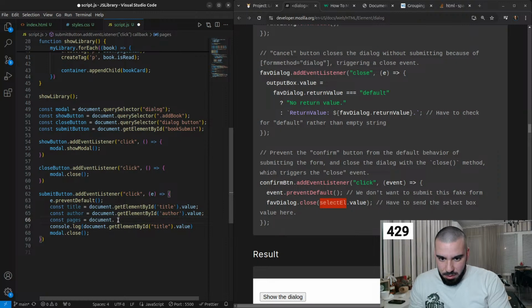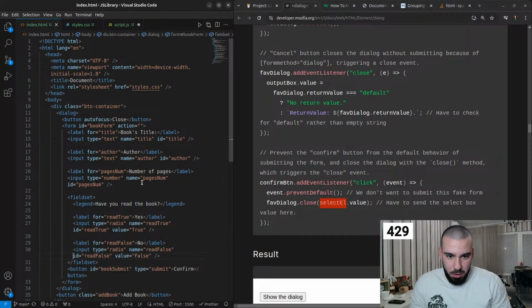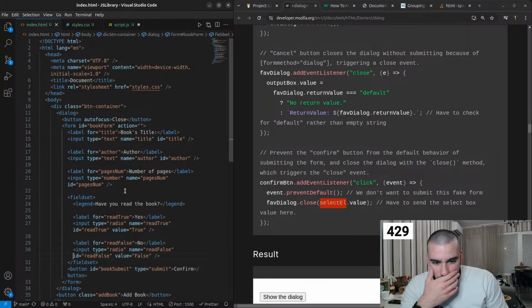Alright, document. To get the pages, again, get element by ID, and is it pages num? Was that it? Pages num, yep. And the last one. How do we get the value of the radio buttons? Because we'll either have one